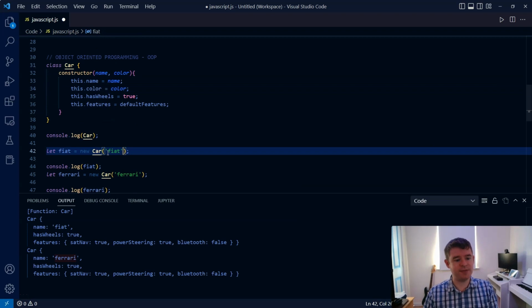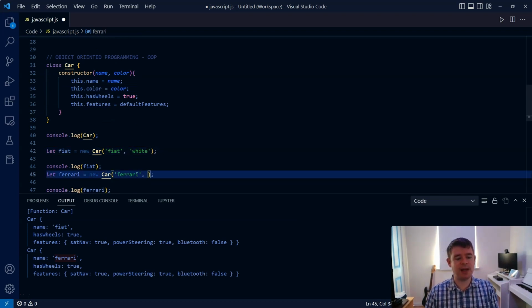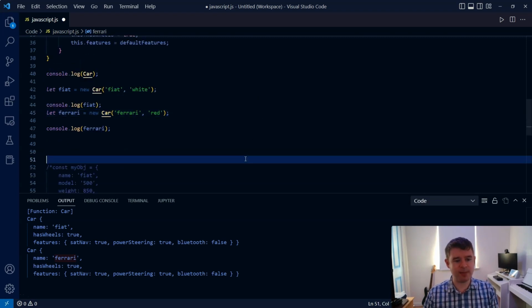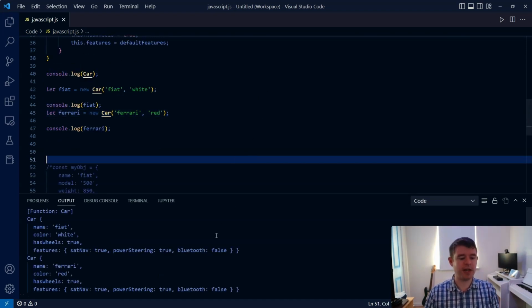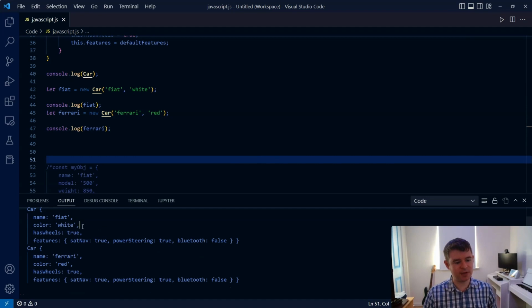So now we can say fiat, and we can also pass in white as a second param, and we can pass in red as a second param for the Ferrari. Let's console log out both objects. So we see the first object has the color property set to white, whereas the Ferrari has the color property